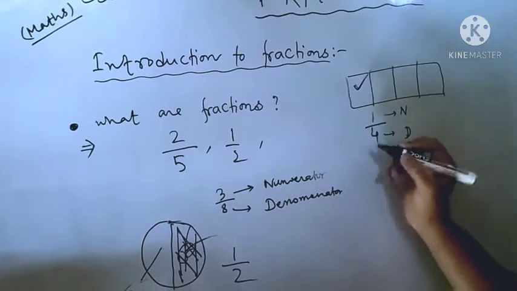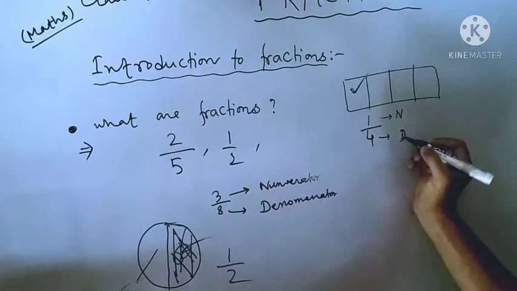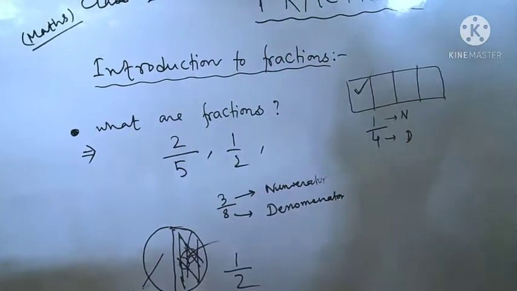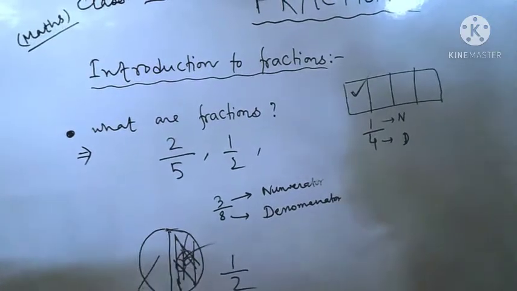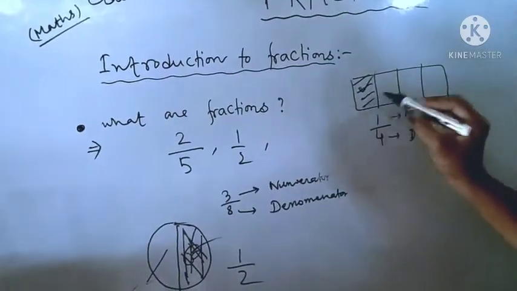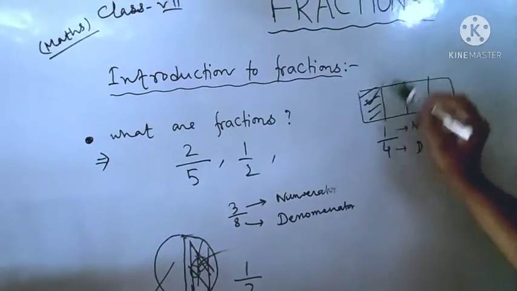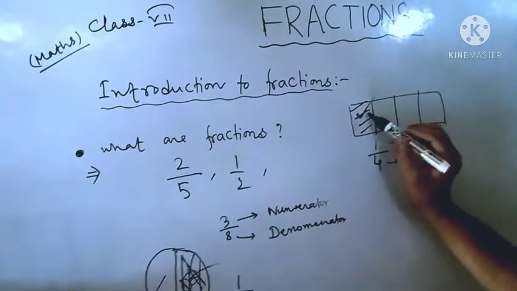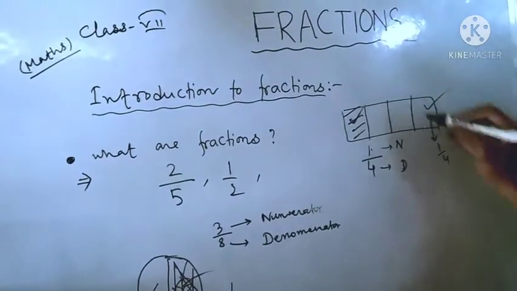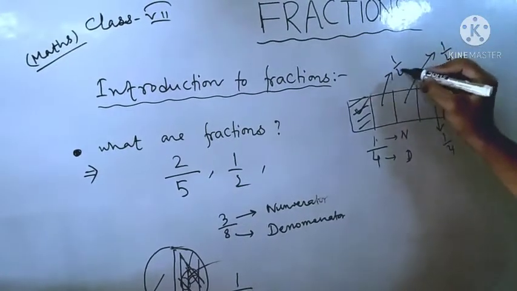Denominator, that is down. You can recall this: you can memorize down for denominator. Downside, so denominator. You can memorize it like this also. Okay. So the value of this 1 part is 1 by 4, because how many parts are there? 4 parts. And how many parts do we take? 1 part. So the value of this part will be 1 by 4. Also the value of this part will be 1 by 4, and this part also 1 by 4.